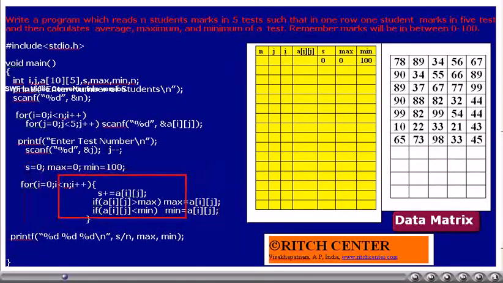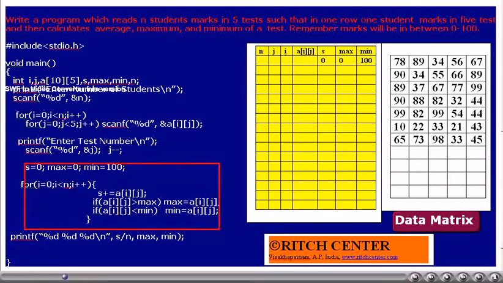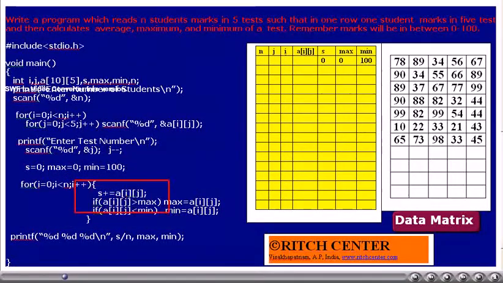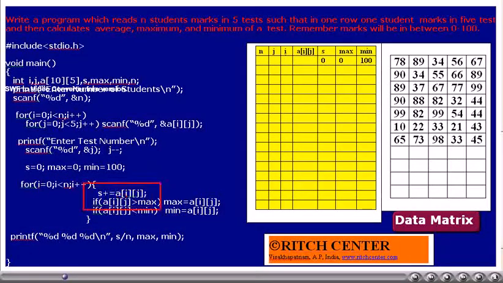Each time, a student's mark will be taken from the jth column, and the mark will be added to s. The mark will be compared with the maxima. If it is more than the maxima, it will be taken as the maxima, and then compared with the minima. If it is less than the minima, it will be taken as the minima. This is repeated for each student.